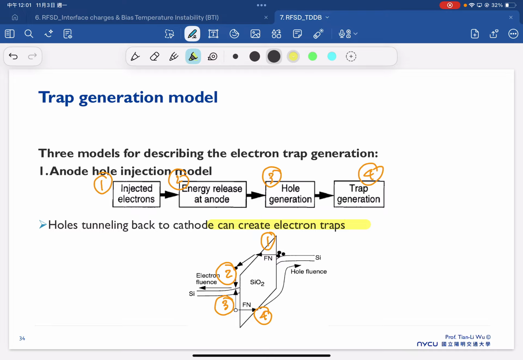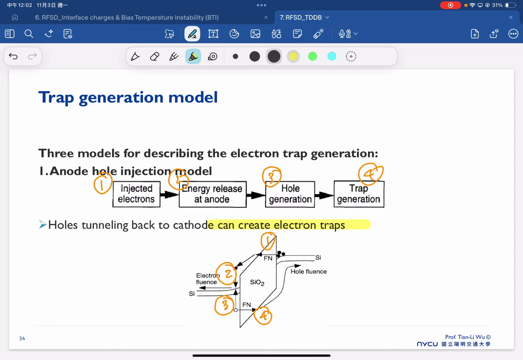This model was very successful in the early time of the silicon device, because at the moment we have very thick dielectric. We have a silicon dioxide around 50 nanometer, we have a 100 nanometer. So we all use the anode hole injection. But later, once we do the scaling, we thin down our dielectric below 10 nanometer, but we don't talk about the anode hole injection anymore in our advanced CMOS, because below 10 nanometer, we have some other